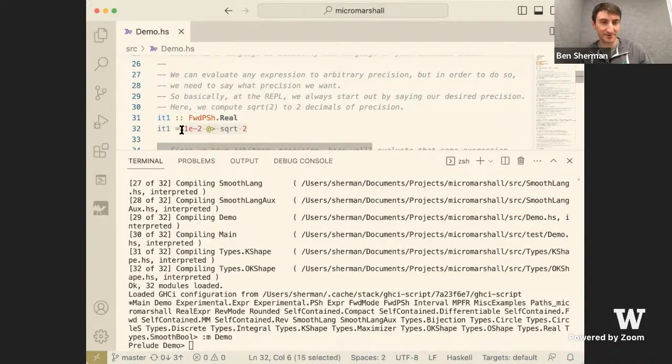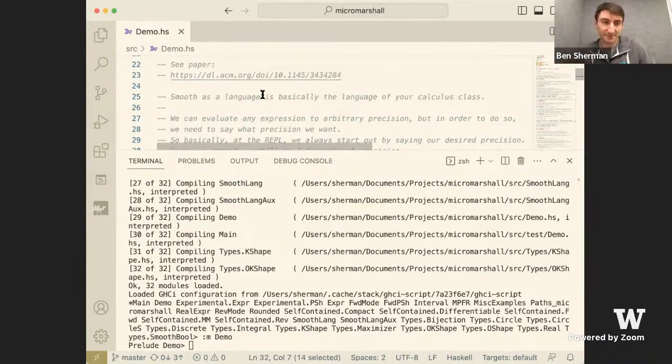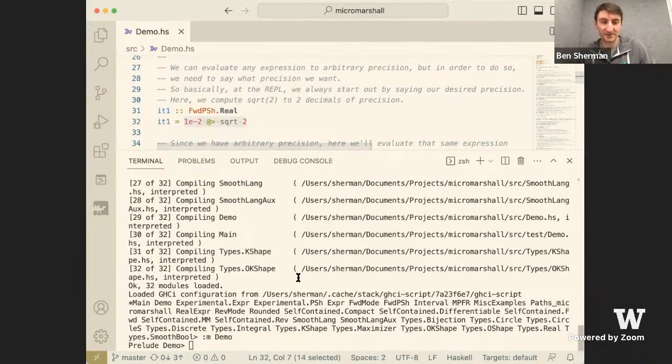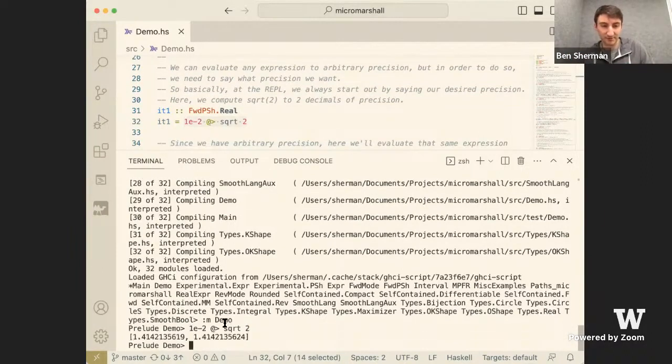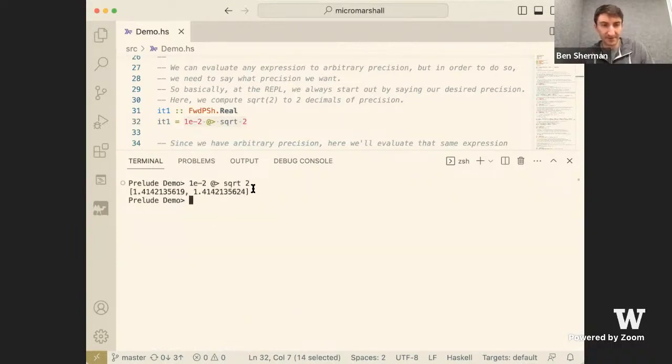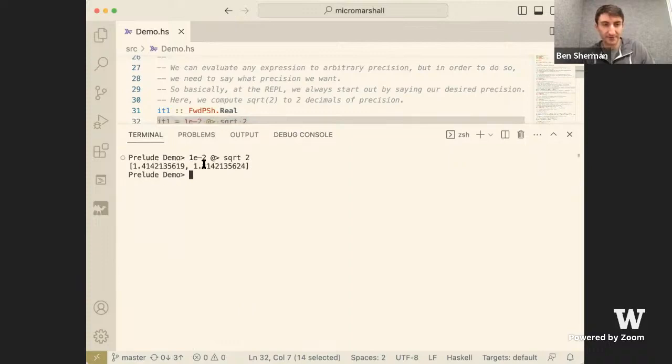But the basic principle is that everything in the language is a real number expression, it means something that's a real number. And so when you want to look at it and you look at the answer, you just give it a precision to evaluate it to. So here what I'm saying is, let's evaluate square root of 2 to 2 decimals of precision. Basically get me an answer within